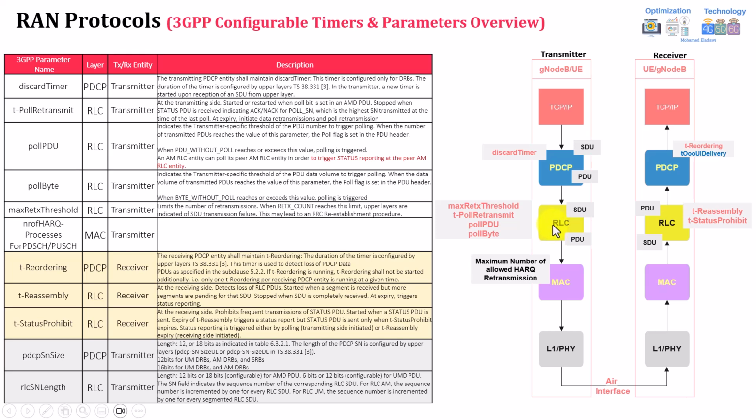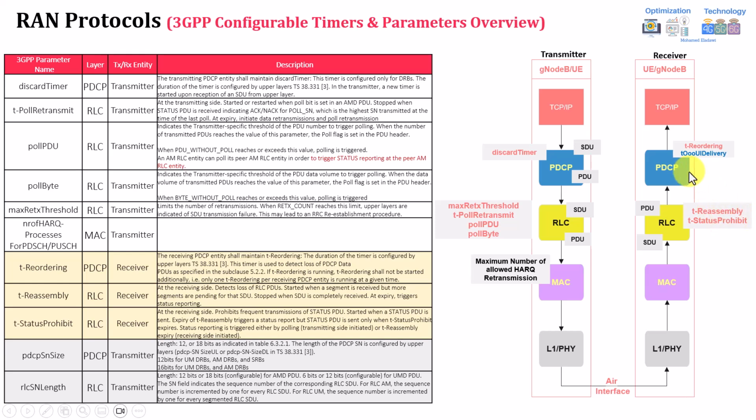there is a segmentation. If the RLC thinks that the SDU will not fit a transport block, and the transport block size, as communicated from the MAC to the RLC, is less, it will do a segmentation of the packet into small packets or small SDUs, RLC PDUs, that will be sent in different transport blocks. So let's assume an RLC SDU is segmented into three. Whenever these three packets reach the RLC, when the first packet has been received, the RLC needs to start a timer. Within this timer, it needs to wait to reassemble this data into one packet again before transferring it to the PDCP layer.